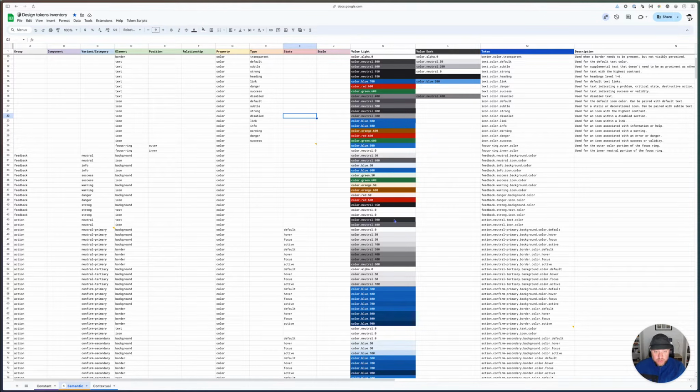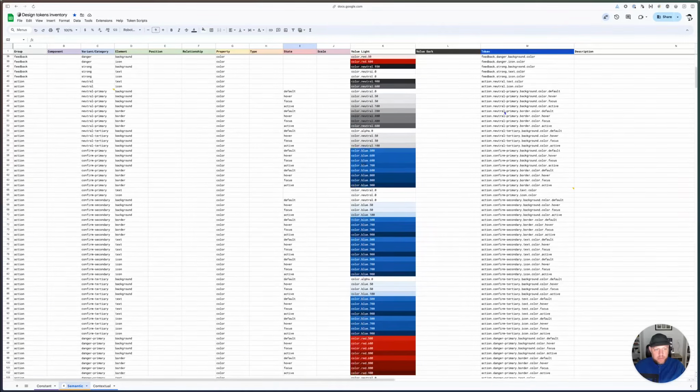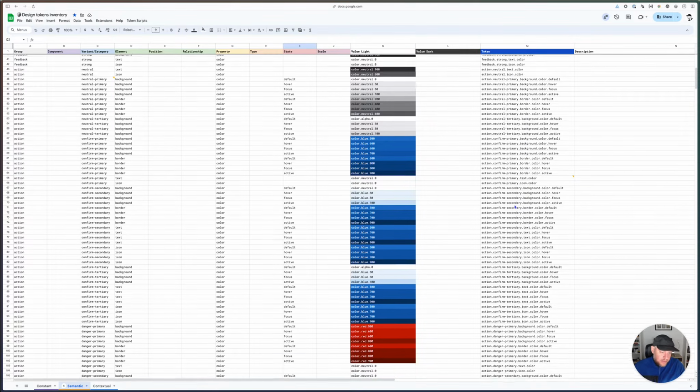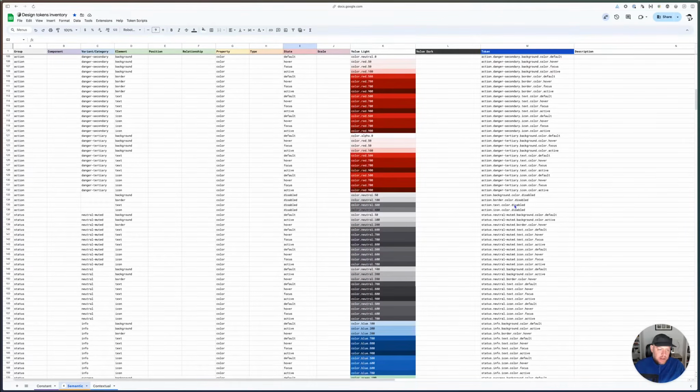And so on and so forth. So you can see that it's more of a one to many, but we're saying, oh, it's an action, and this is the style for it. So the token names kind of spell that out. They are a little longer. Some of that is just our own doing because we have buttons with confirm and secondary, right? So we have this combination that is a little longer.